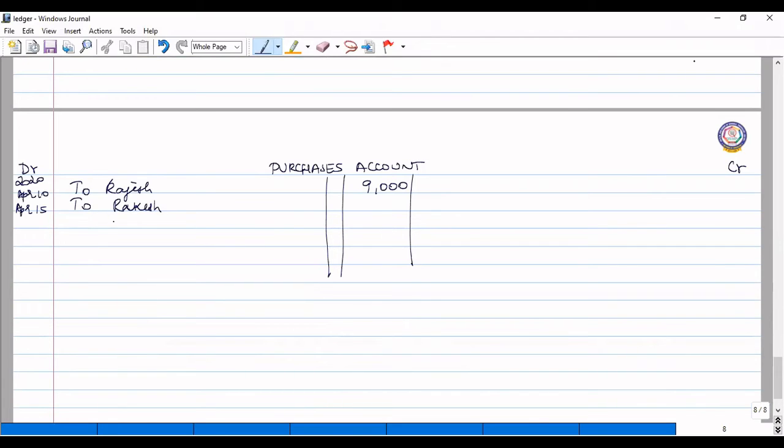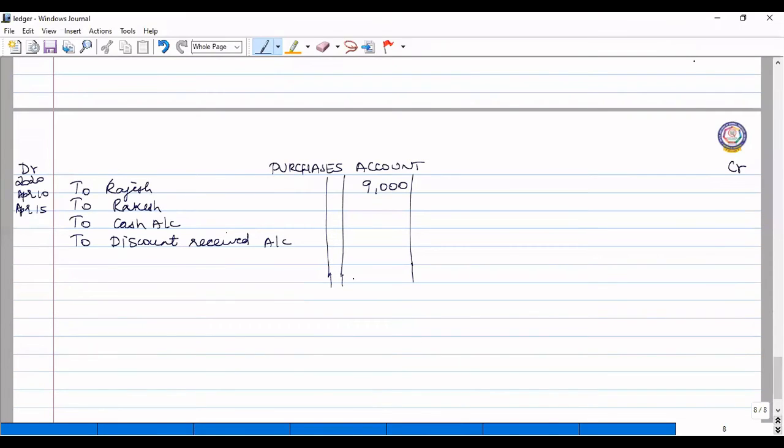We also have paid cash and we have received discount. Okay, so all these three items have to be mentioned here as the reason for the debit of purchases account